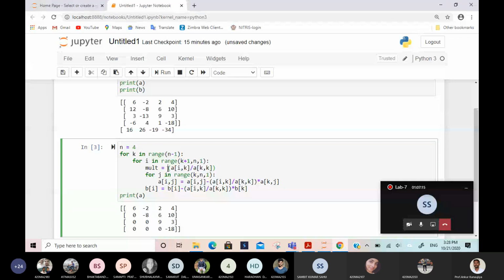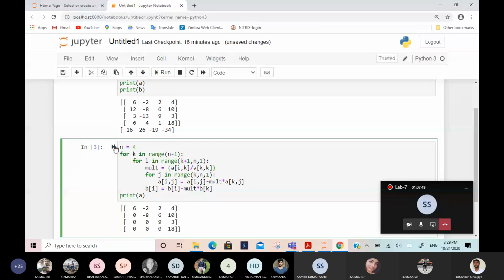So what I did, I didn't do anything new. If you write applying r2 minus 2 r1, in this also r2 minus 2 r1, for 6 also r2 minus 2 r1. So this 2, that means 12 by 6, that is 2, I am declaring here, and now here I will write multiply, so that it will be fixed and will not change. I am declaring that one as mult, and now I am multiplying these things. So technically it is correct, the same thing I am writing, but I calculate that value here, because Aij is changing in between the loops.